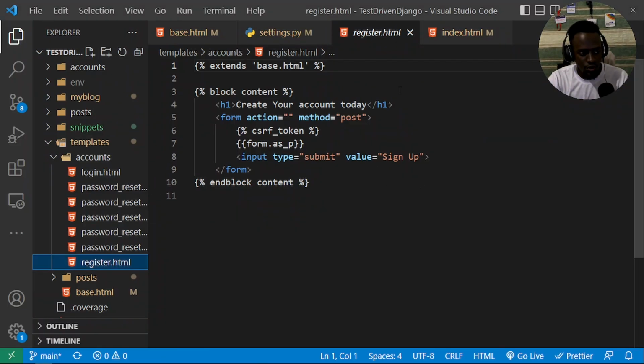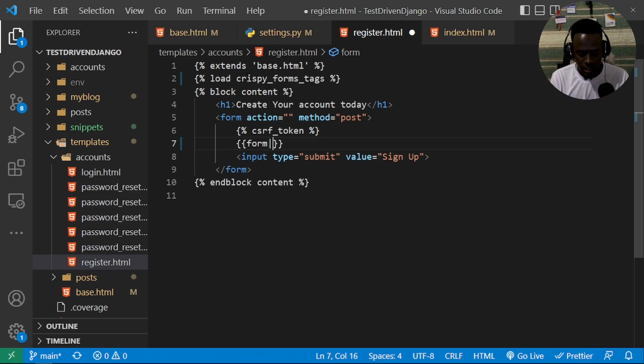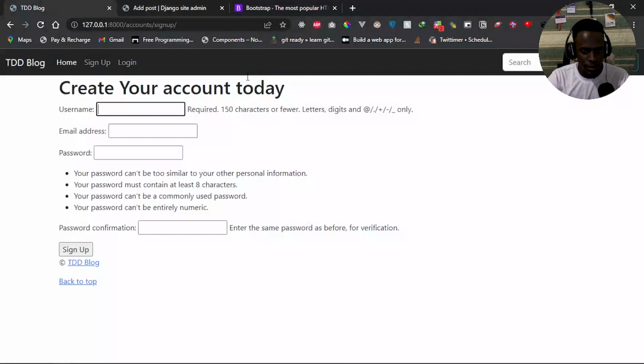In there, I'm going to get started by first of all loading our crispy form tags. To do that, I'll head over to the top, after our extends tag, after inheriting our template, and the first thing I'll do is load our tags. I'll just say load crispy_forms_tags. Once we've done that, the next thing is for us to use the crispy filter on our form. So I'll say form, then filter, and say crispy. After saving, I'm going to refresh,